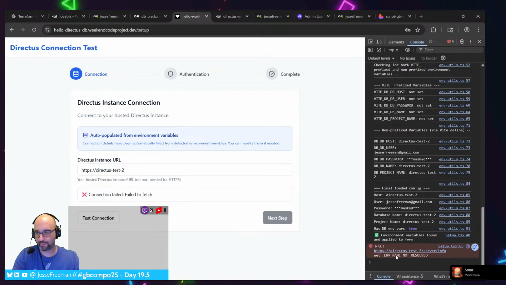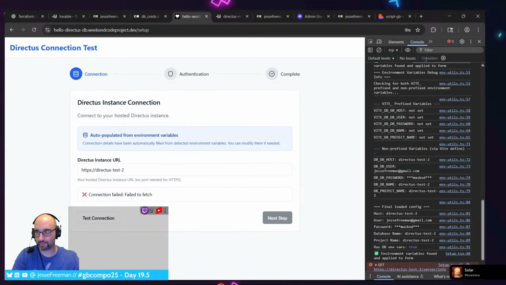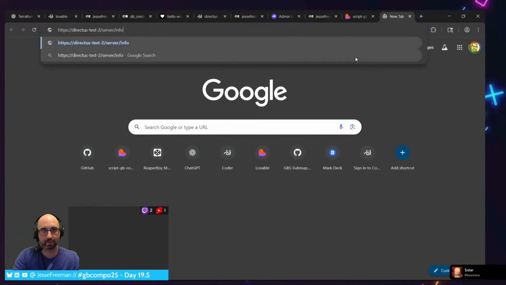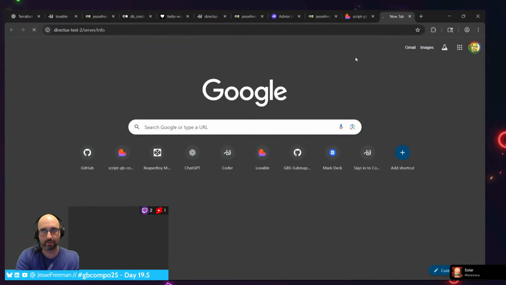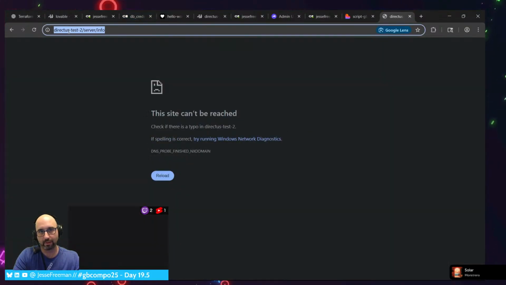Connection failed. Name not resolved. Wait. Go back to the console here. Give me this error. I want to see this URL. What?